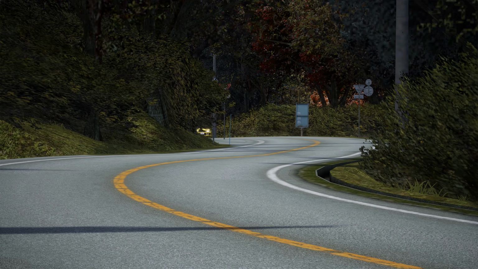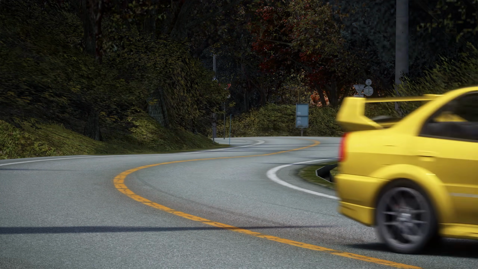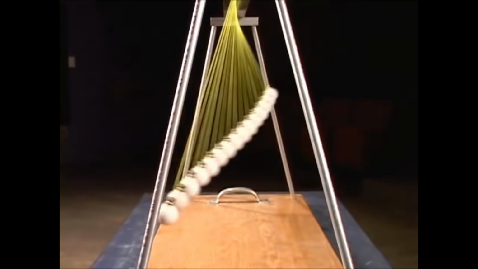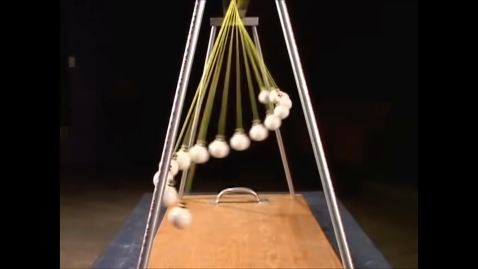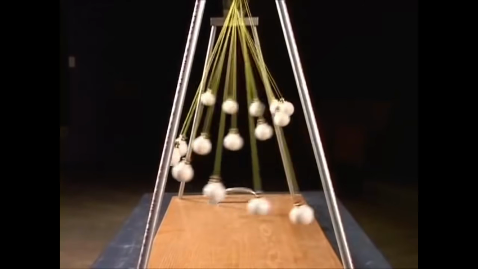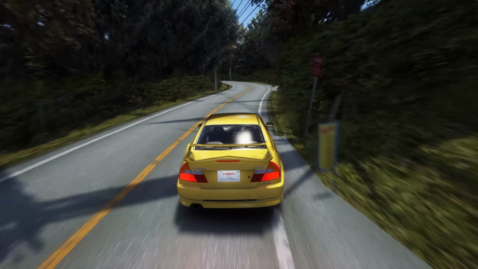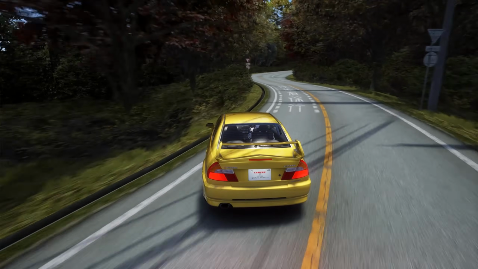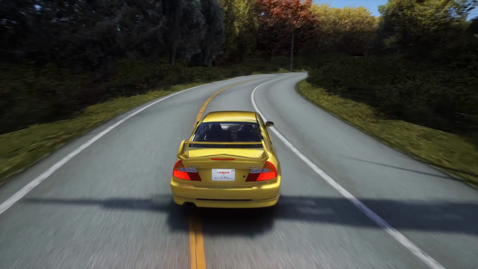The next method I'll be teaching you today is weight transfer. For this method, you need to imagine your car is a pendulum. If you swing your car, or the pendulum, one way, it will always swing back with equal or less force. Therefore, if you swing your car one way then the other, there will likely be a total loss of grip